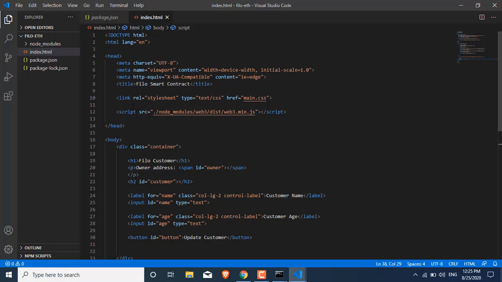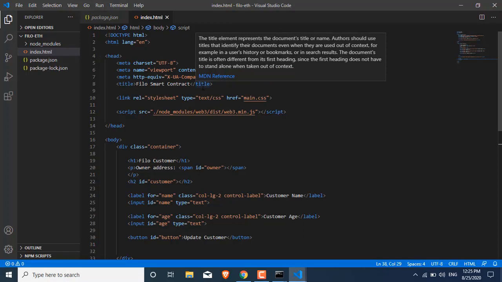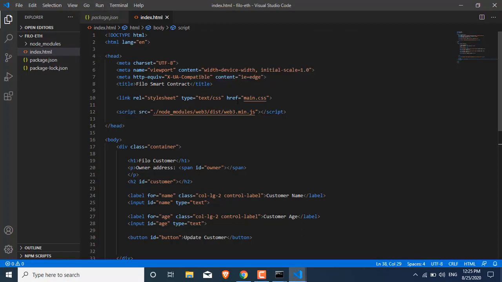We are calling the node module web3, web3.min.js, which is already installed in node modules. The only thing which is missing is main.css. I have written the CSS so that the form looks beautiful when we view it.